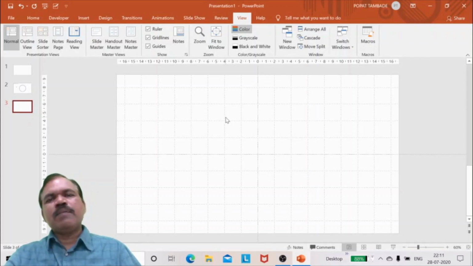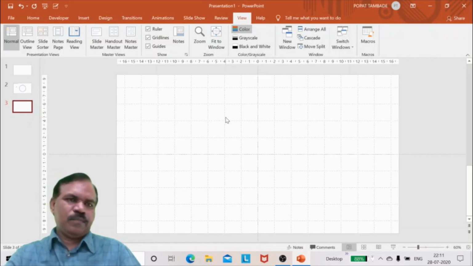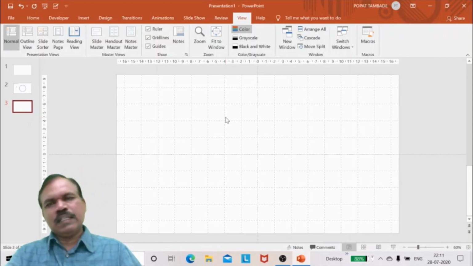This is required because we have to draw the figure in scale. For circular motion, we require a perfect circle. So these rulers, or guides, as well as grid lines help us to draw figures in scale.